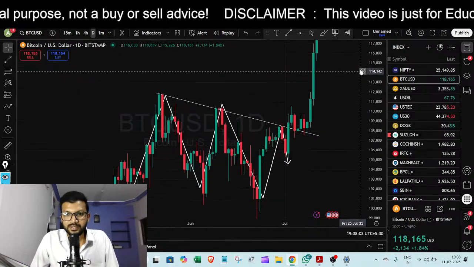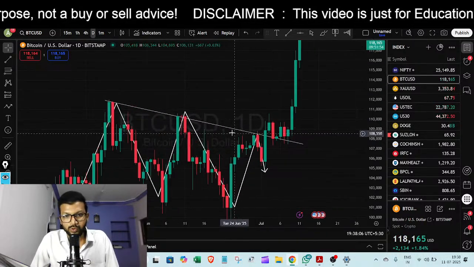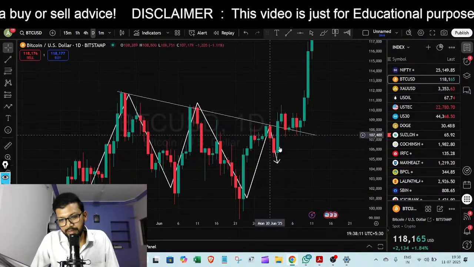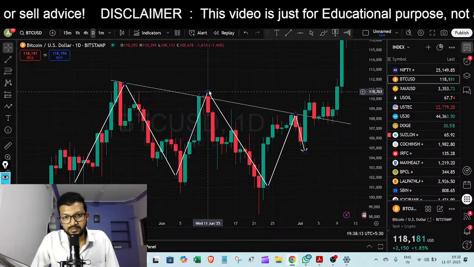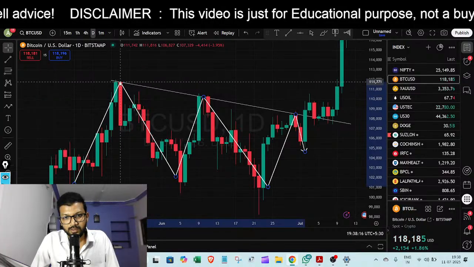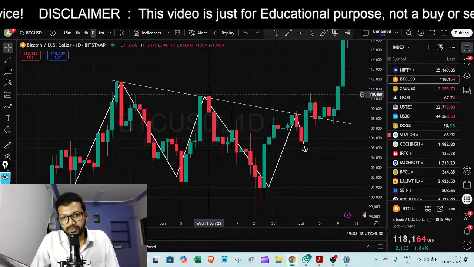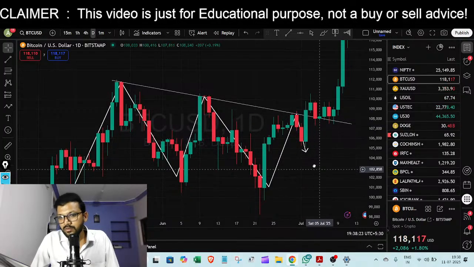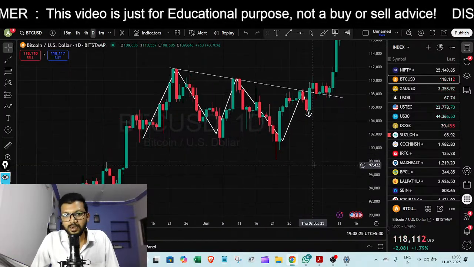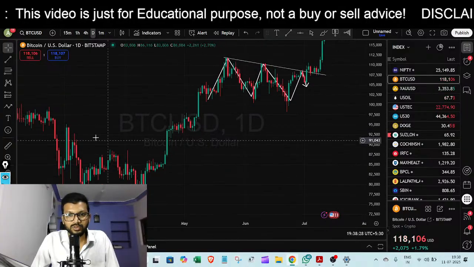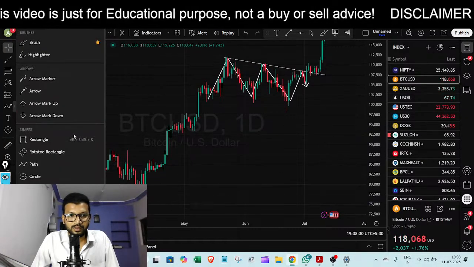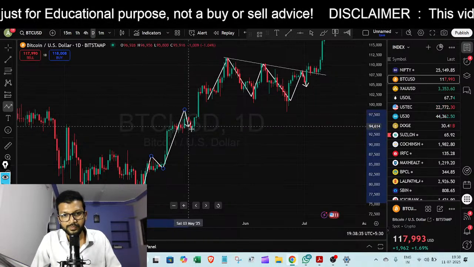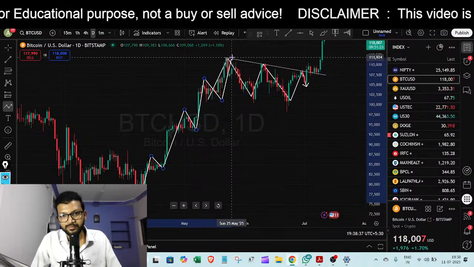Okay, so in BTC, if you draw the trend line on the day chart, from here the market took proper resistance at this level, and you can see the market started selling again and again from this level. But when you see the overall market trend, it was in an uptrend. So we should always check the previous trend in the market, where the market is moving. It was in an uptrend,